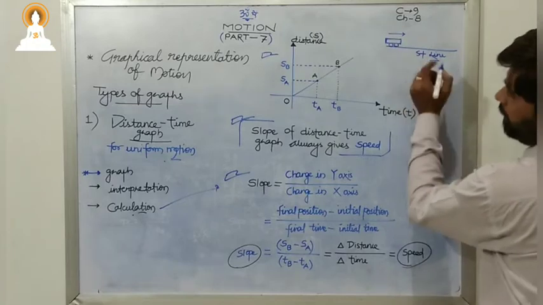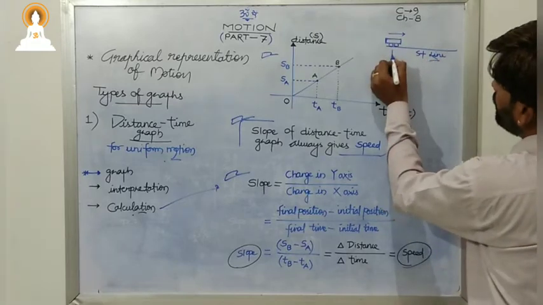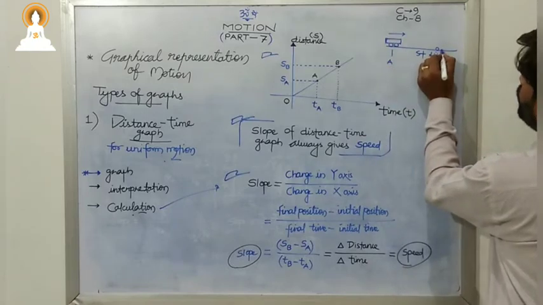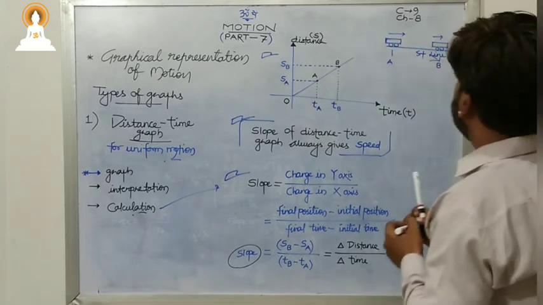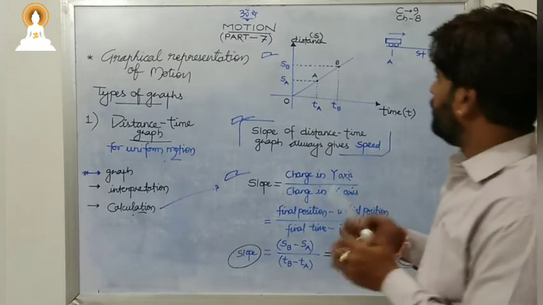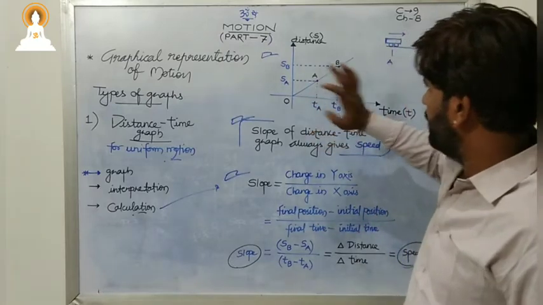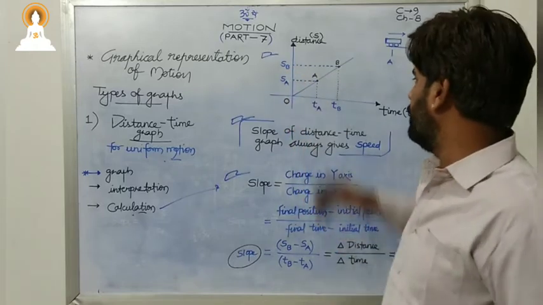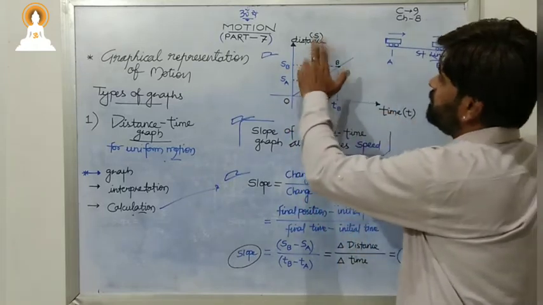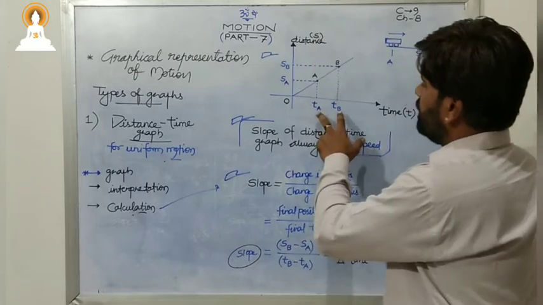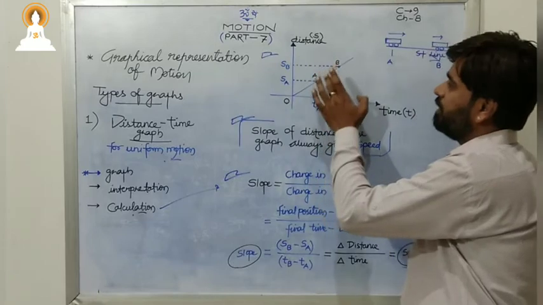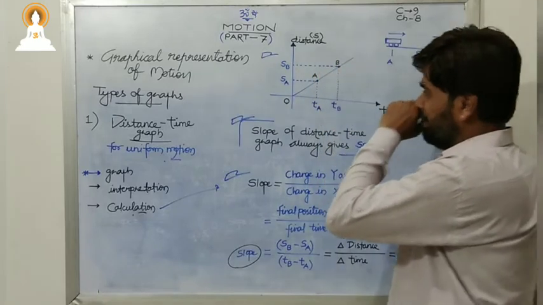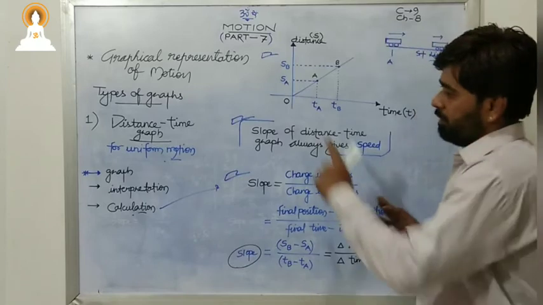Then we are observing this particular one from position A to position B. Now the graph is like this. It is already given in your NCERT table. So this is the time axis, this is the distance axis. As we have already discussed, time is final time minus initial time, and this is final position minus initial position. Actually we are taking 2 points in between. Now remember, this is the graph.